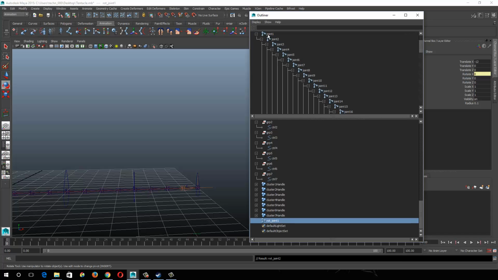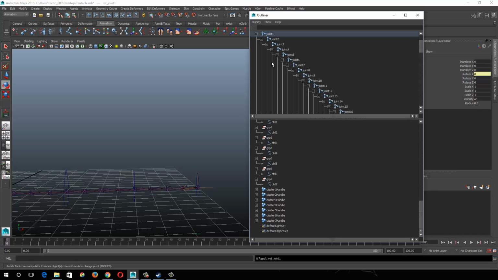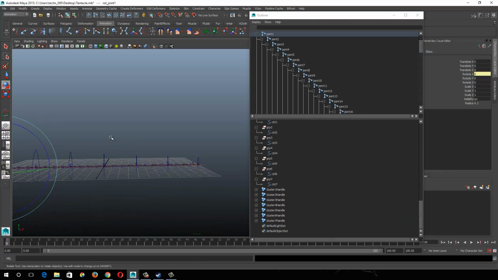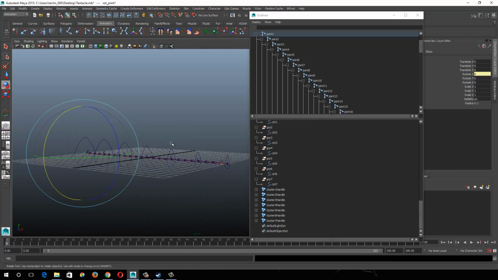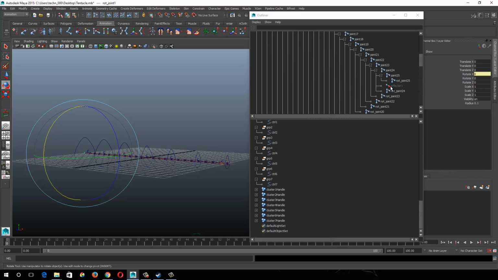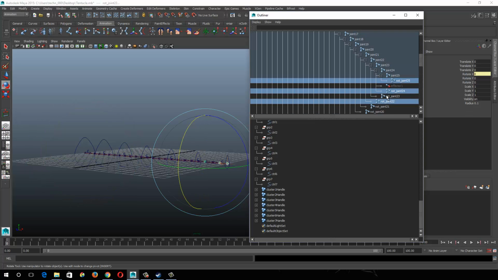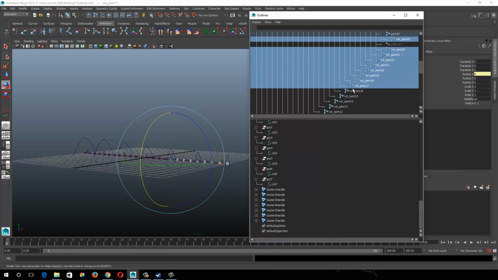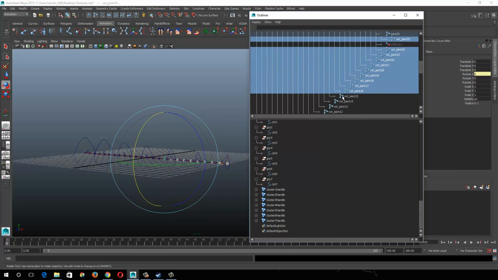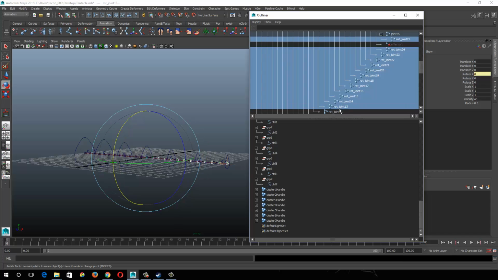And last joint. Okay. So now we've got our twisting set up with our IK spline. Now we need to skin weight this thing. And the rotation joints are going to be what skin weights this thing. It would have been also easier if I had done this first and then parented them, but that's not always the option